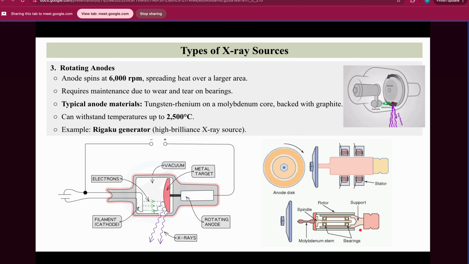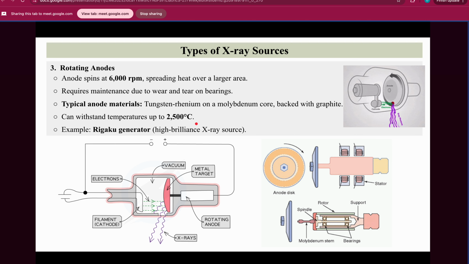Because they are continuously rotating the anode, with some time these bearings can wear or tear. So it requires high maintenance because we have to deal with that. But otherwise, it can deal well with the heat. And then typical anode materials are tungsten rhenium on a molybdenum core, which is backed with graphite. These are the choice of metals which are used, and they can withstand temperatures up to